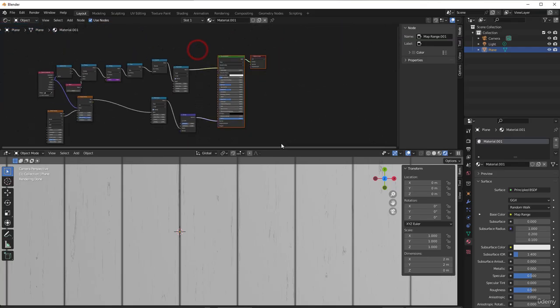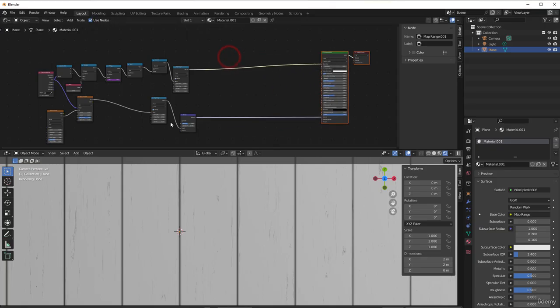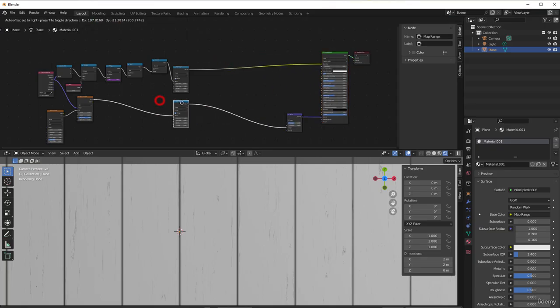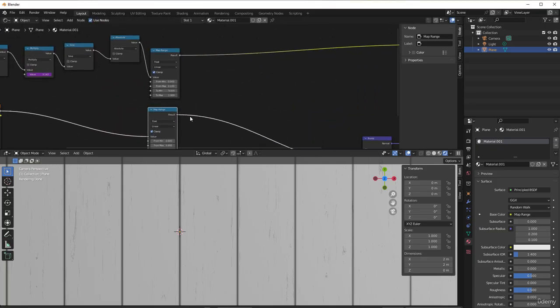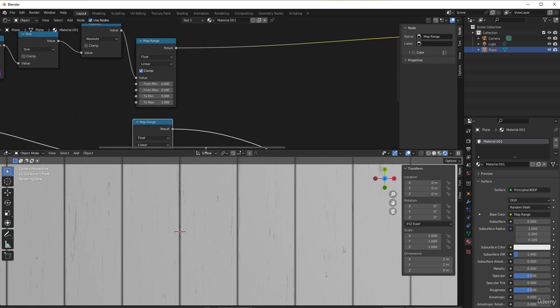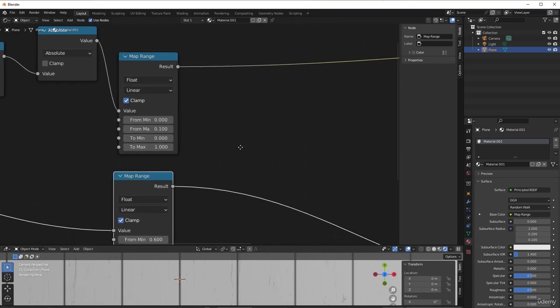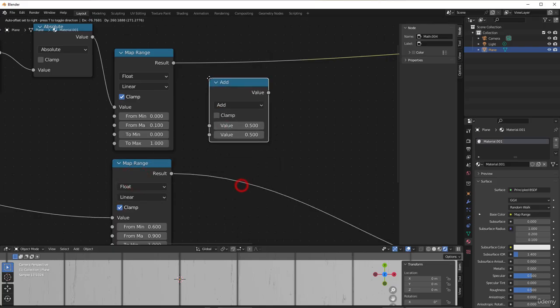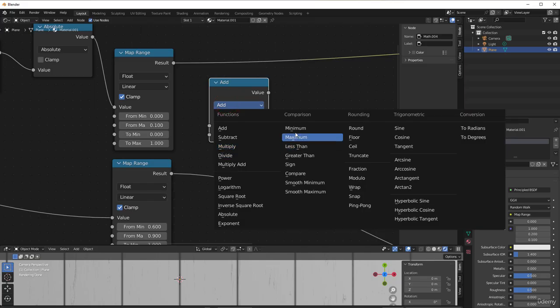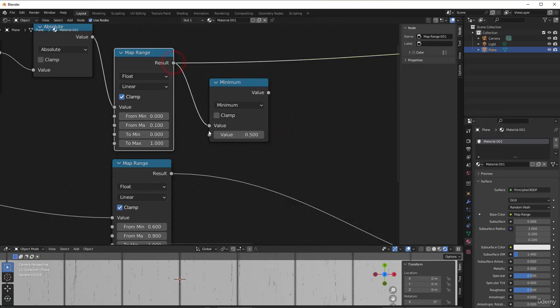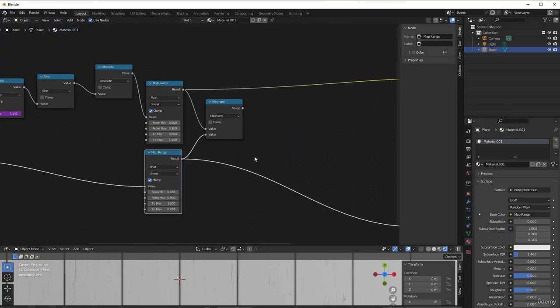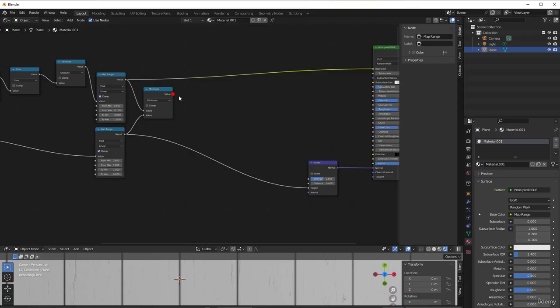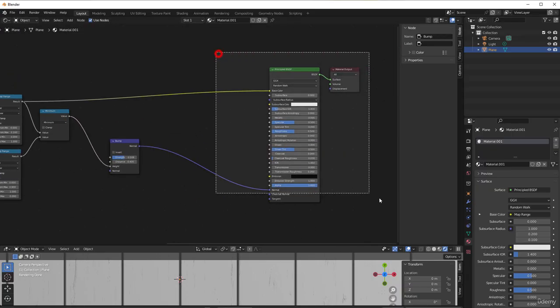So we take away these a bit, and we take away that a bit, so I can go in and put this side by side, and we can take down the texture so we can make this a little bit bigger. So now we just put the minimum here, so Shift A, converter math, and change it to a minimum. You put the result here, and you put the result there, and you take this minimum to the height of the bump, and see if I do like